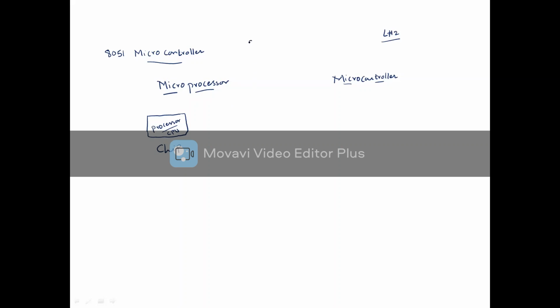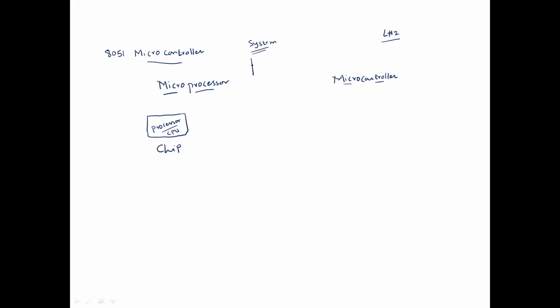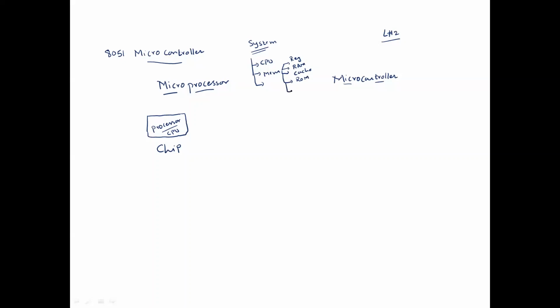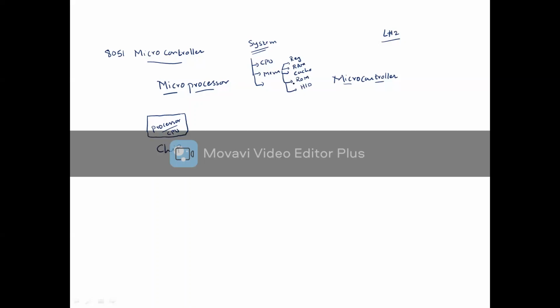Now, when I use the term system, then what are the system resources? CPU, that is the processor. Then we need to have a memory, right? Inside memory, again, we have different classification. We have seen why we classify memory into registers. Then we have RAM. Before RAM, we have cache memory. Then we have ROM memory. Then we have secondary memory, hard disks we have. So these are different hierarchies in the memory, right? So this is also a part of the system.